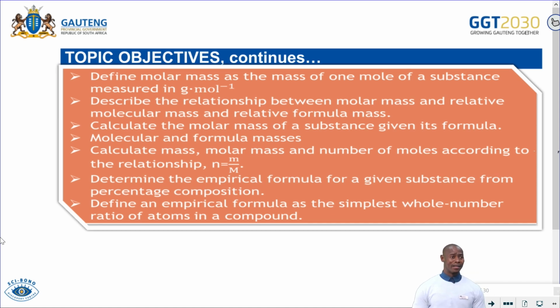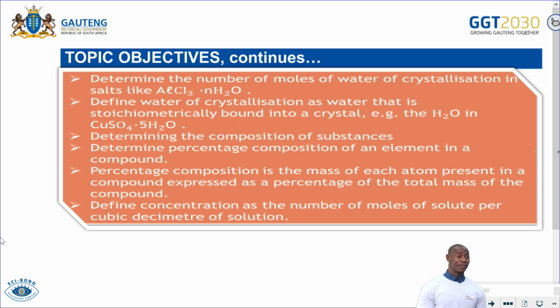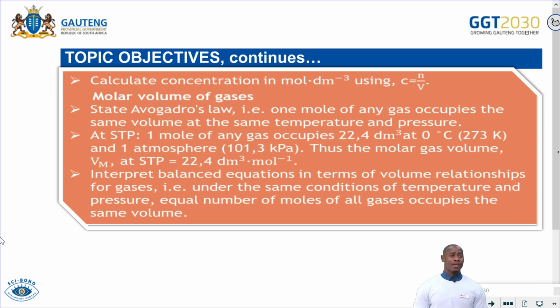Define molar mass, determine the number of moles of water of crystallization, define water of crystallization, determine the composition of substances or the percentage composition, find the percentage composition of a certain substance, define the concentration. This is according to our examination guideline, what we need to cover under this topic, quantitative aspects of chemical change. Then calculate the concentration using the equation c equals n over V, state Avogadro's law,